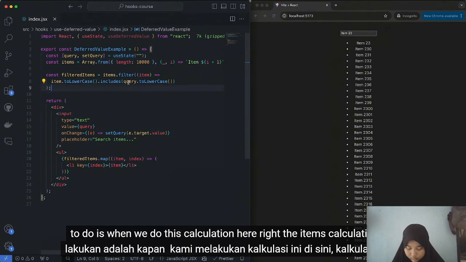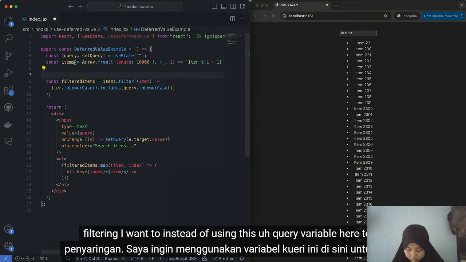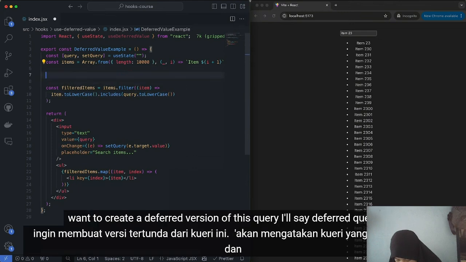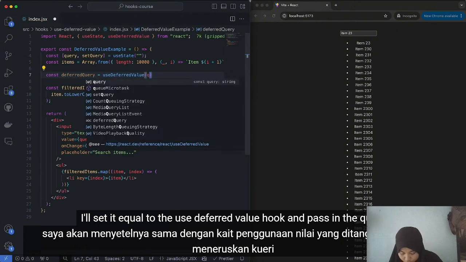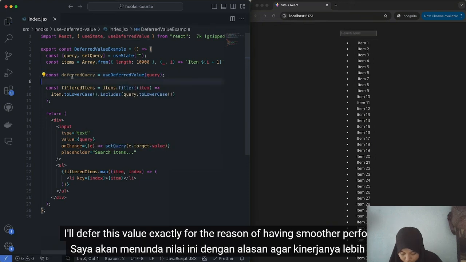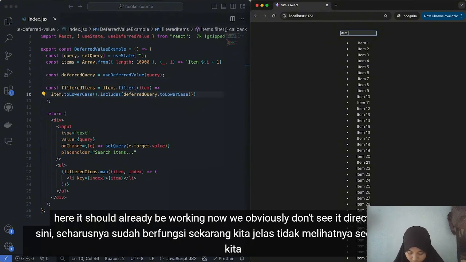Now, what I want to do is, when we do this calculation here, the items calculation, the filtering, instead of using this query variable here to basically check if this item is included in this 10,000 sized list, I want to create a deferred version of this query. I'll say deferredQuery, and I'll set it equal to the useDeferredValue hook and pass in the query. I'll defer this value exactly for the reason of having smoother performance, because now if I use this deferred query over here, it should already